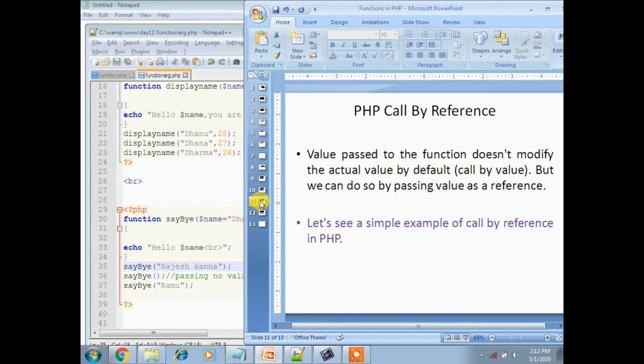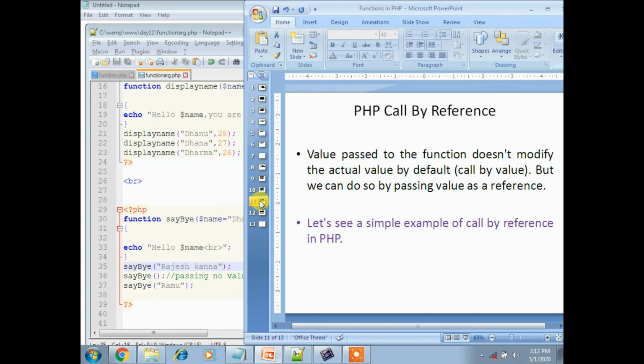To pass a value as a reference, you need to use the ampersand symbol before the argument name. So let's see a simple example of call by reference in PHP.